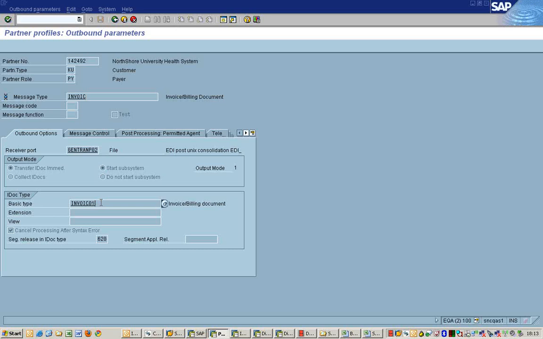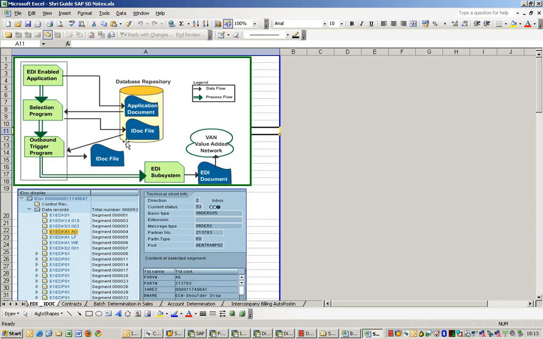Message type is invoice, basic type as invoice 01, and the port as Gentran P2. Port is the logical place wherein the transaction is executed. Let me go back to our scenario.